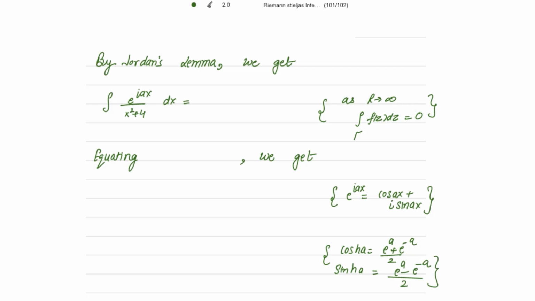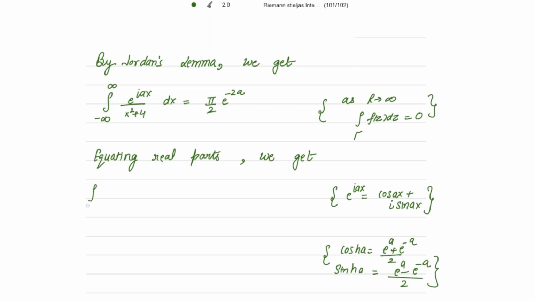So letting R tend to infinity in equation 1, minus R to plus R will become minus infinity to plus infinity. So this is equal to pi by 2 e^(-2a). Now because I need cos in the numerator according to the given example, for that I have to equate the real parts. So equating the real parts,